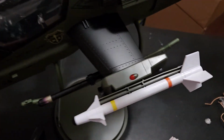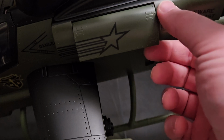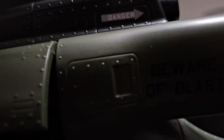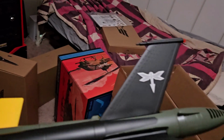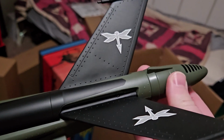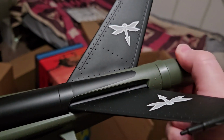So I also didn't want to force this piece. It does open up here. And if I can get the camera so you can see underneath there. But I don't know if that really serves much purpose other than that you can do that. Now it does show that this piece here can come off. I was not able to get this off, and I don't want to force anything, so...